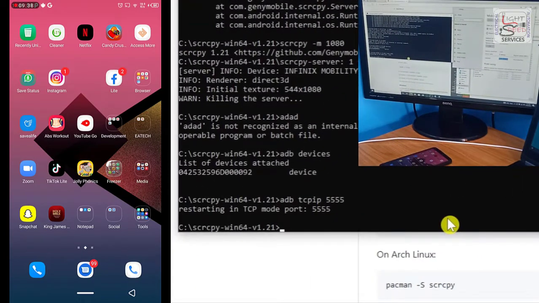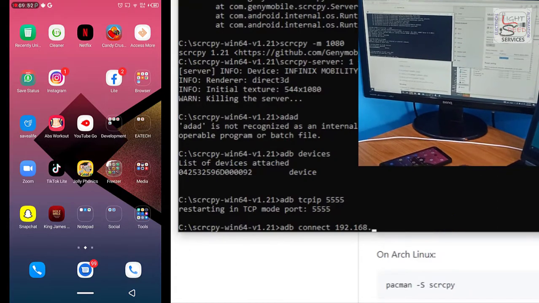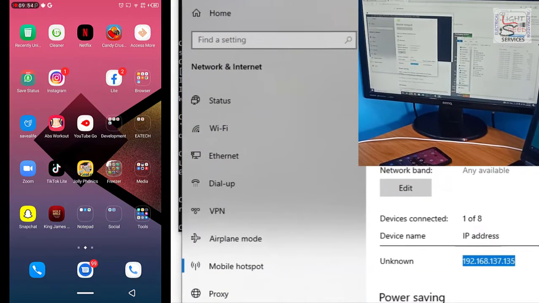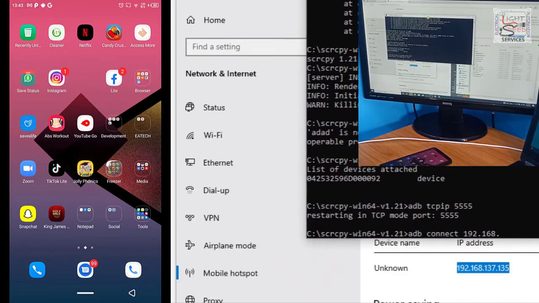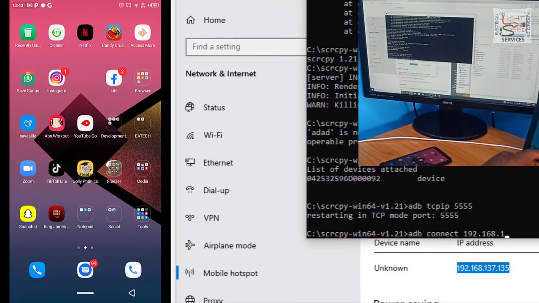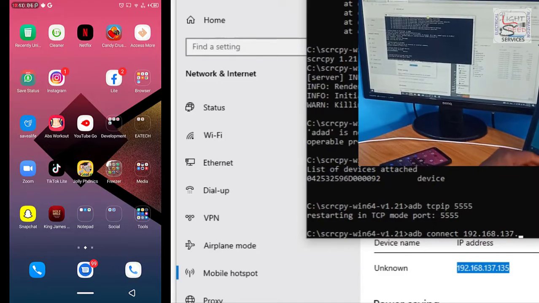You can see my IP address here. So I'm going to input it on the command prompt window now. So watch. I'll ask it to connect to this IP address. Okay, let me bring the other window nearer so I can see it clearly. You too can also see it. Okay, so you can see the IP address. I got it from my network page, from the settings of the hotspot. So I'll ask my laptop to connect to this device.